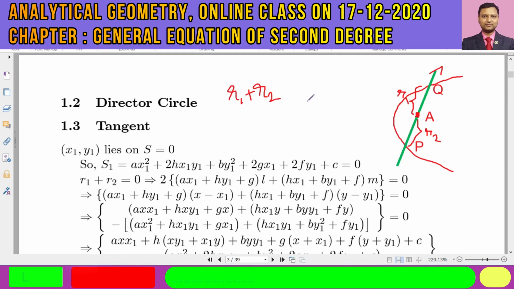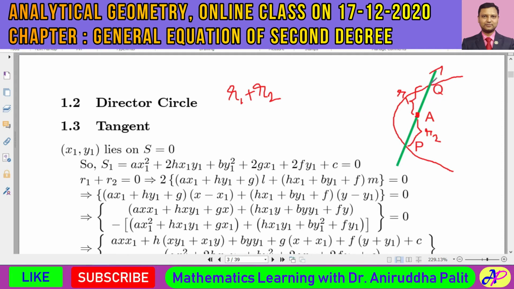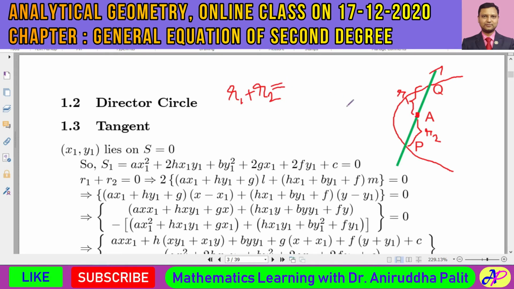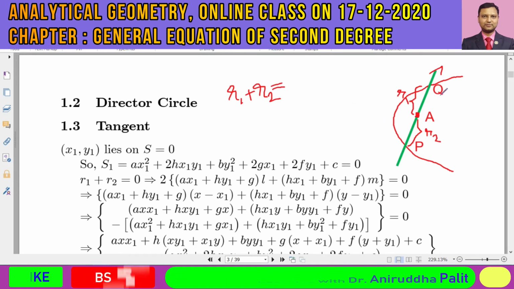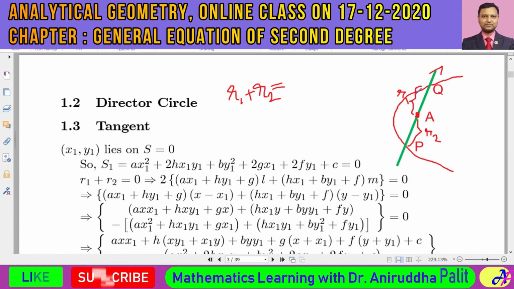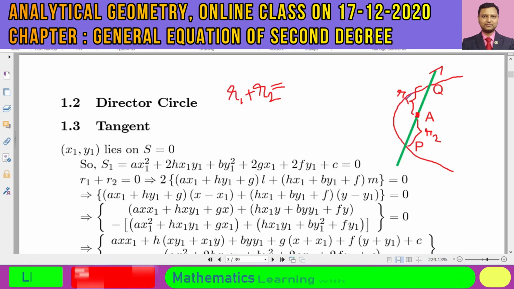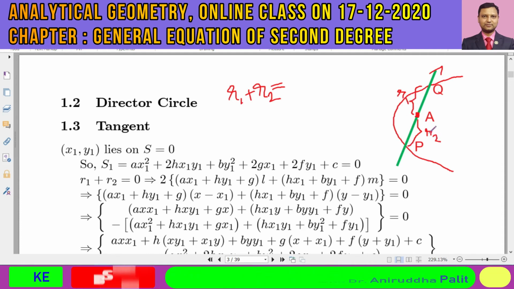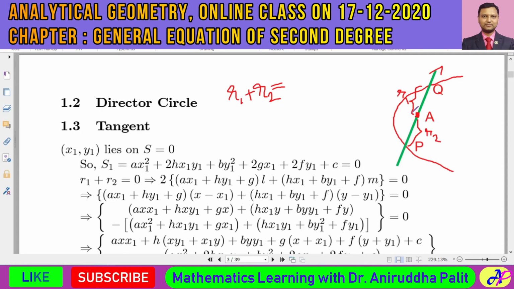Again, I am saying in the limiting position, as the point Q is moving towards the point P and ultimately coincides with this point P, then we are interested to find out the value of R1 and R2. In fact, if this point Q moves towards the point capital P, R1 plus R2 both must have the same kind of value, and all these values must be equal to 0,